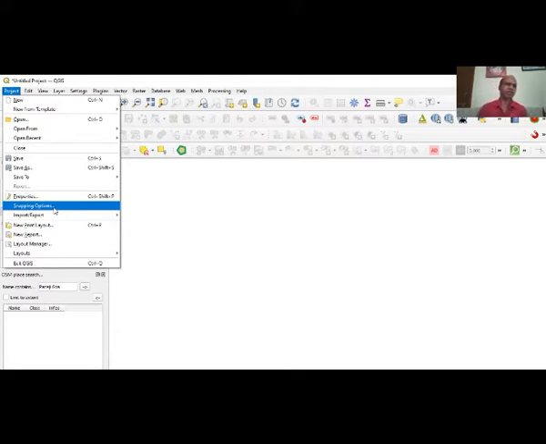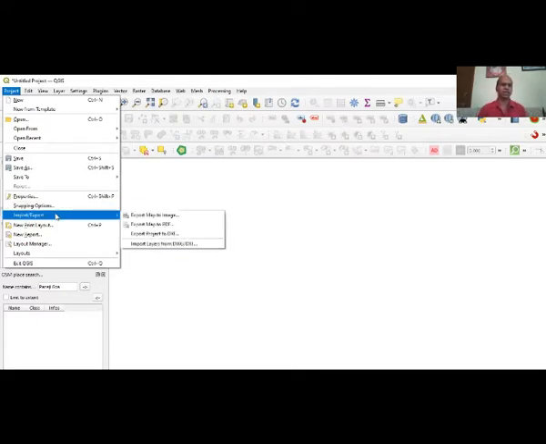Then import and export gives export map to image, export map to PDF, export project to the drawing exchange file, import layers from, and various other options. These export options work only when we convert our map after completion. We will put all the ornaments.